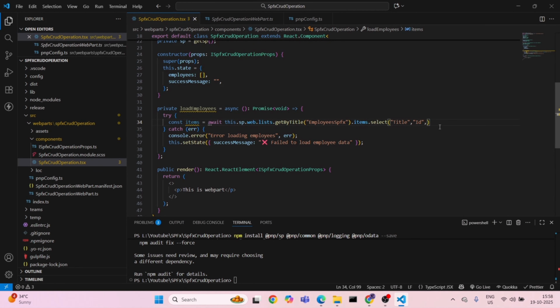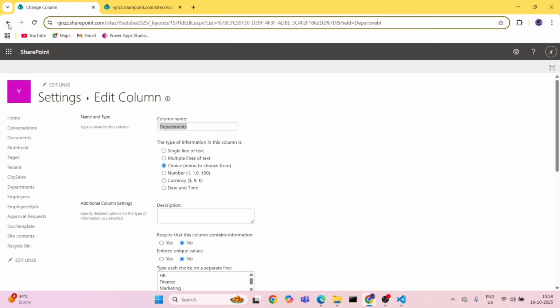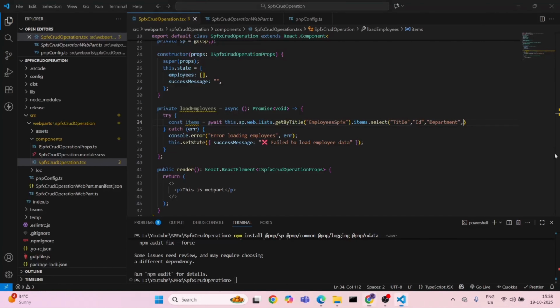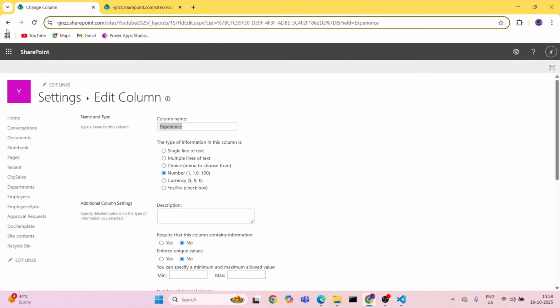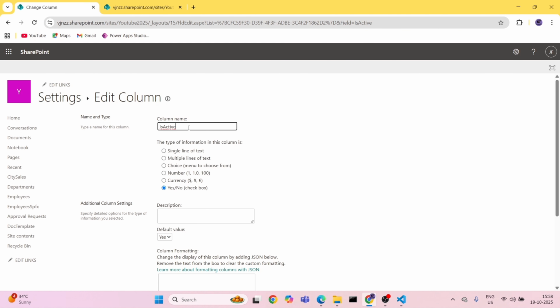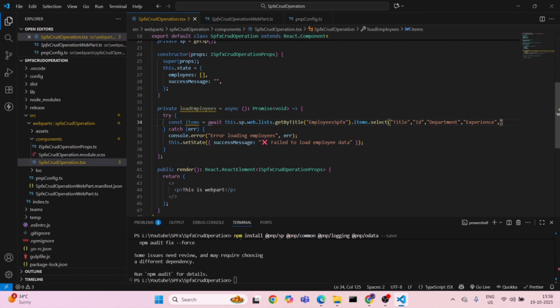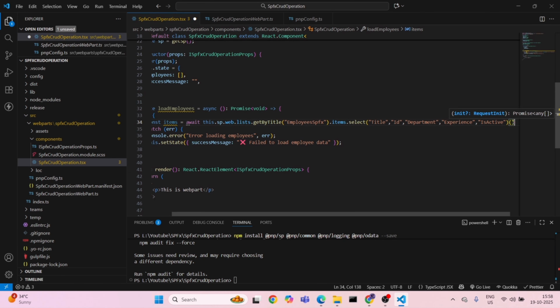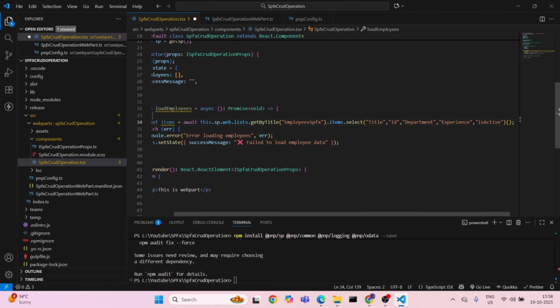And if I add that I'll also show you the error, but first I will show you how it actually works. Then we have the experience, copy this, paste it, then we have the active, IsActive, add it here, save it,